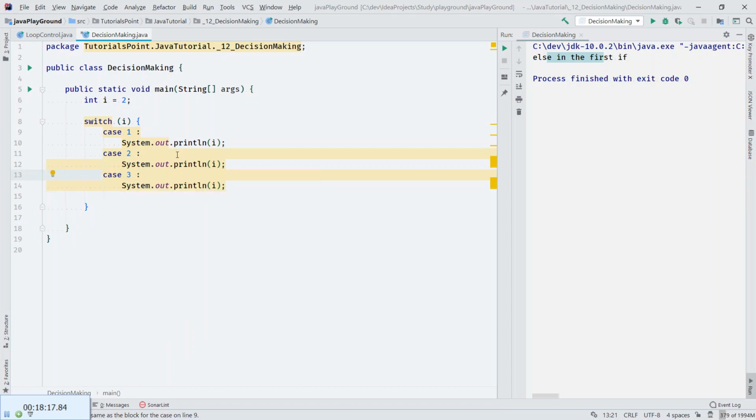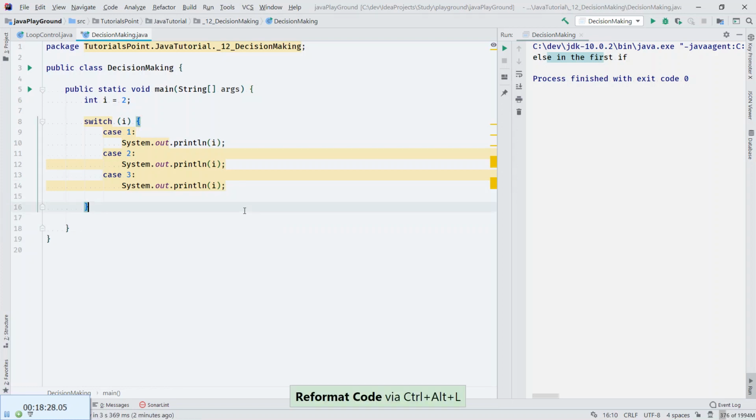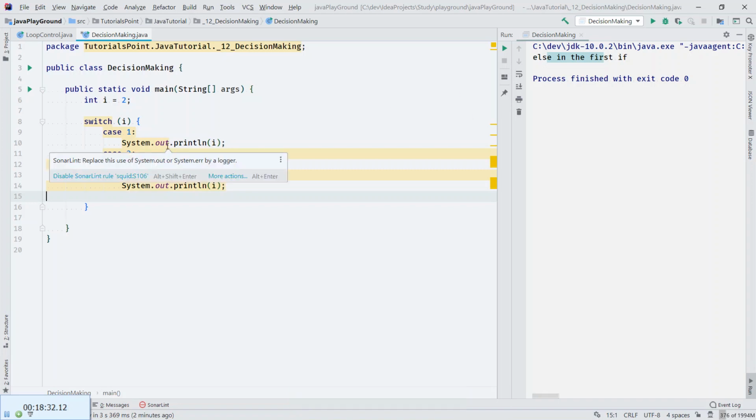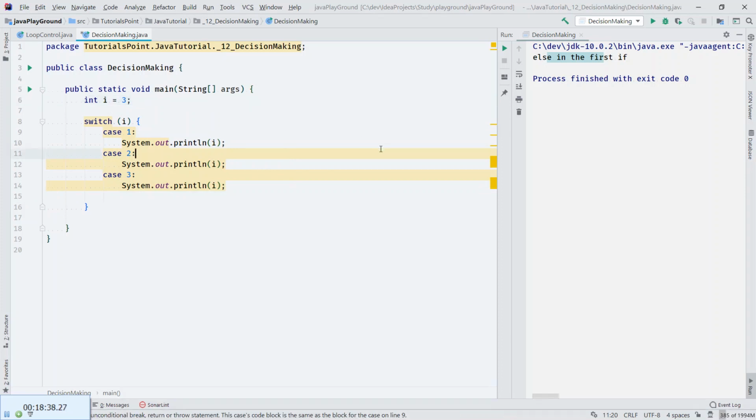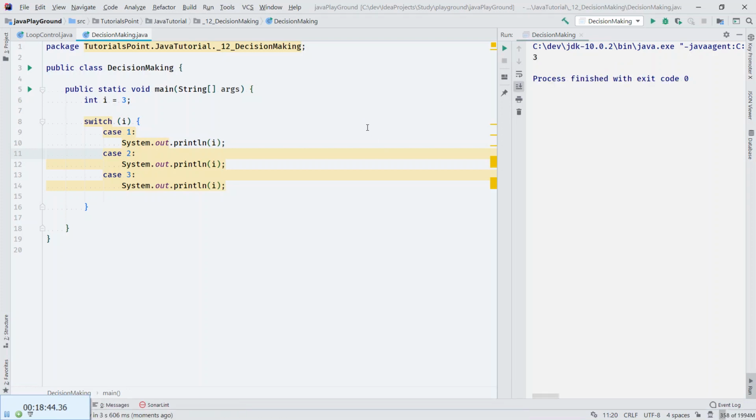What's the problem? Don't care. So now depending on what the i is, it will trigger the exact case.